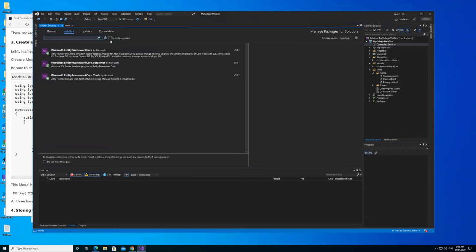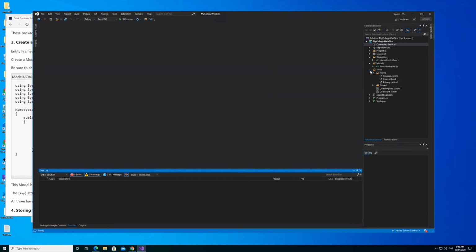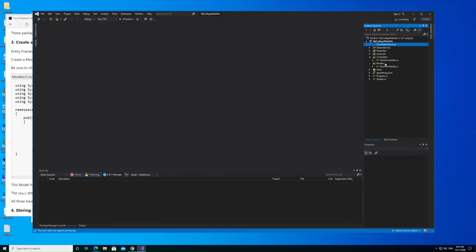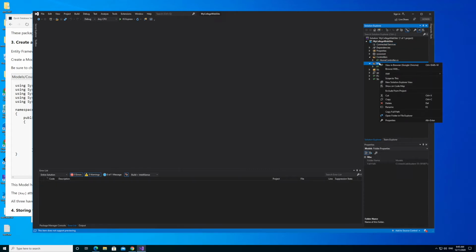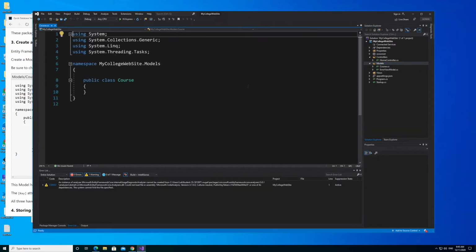So we've finished in there. We can close that down, and what we're going to do is create a class in the models folder. When we created this MVC application in the last movie, it created an error default file in there, but we haven't got anything else in models. So what we're going to do is right click and add in a class, and this I'm going to call course. So that's singular course with a capital C and .cs C# file extension, and it adds in this empty class